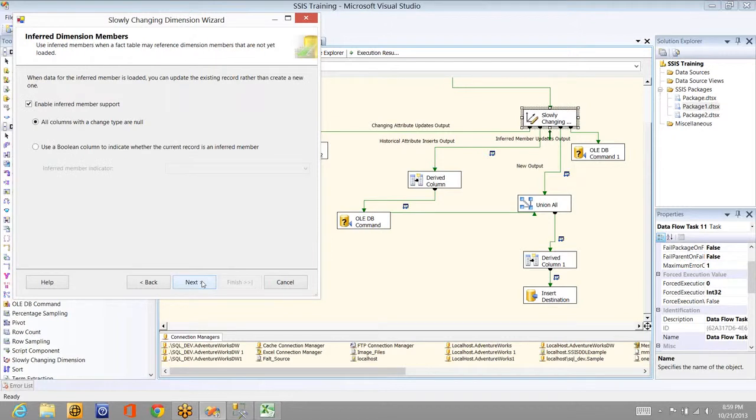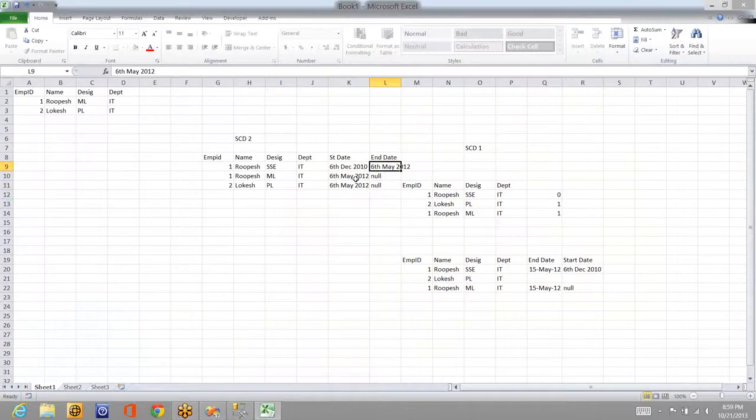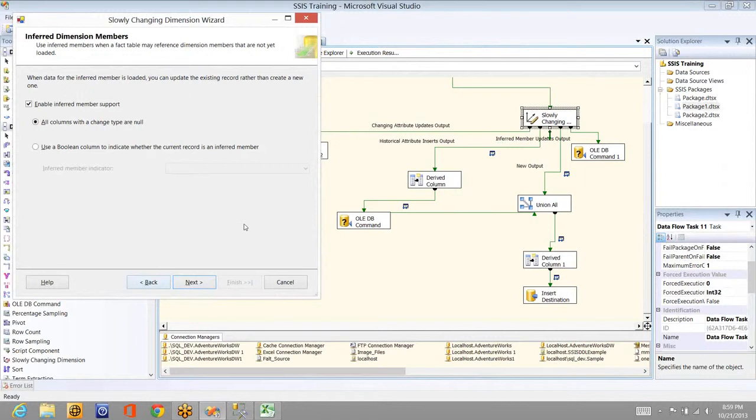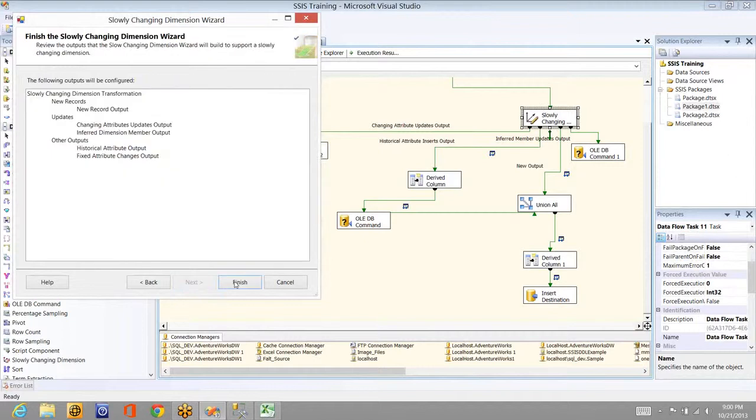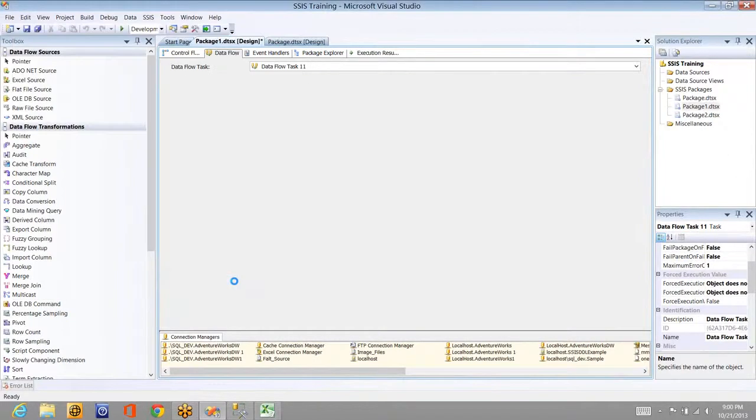So what you are going to use is, here if you take the Excel, you are going to use this value, right? This will be changing every time. The end date will be set with the current execution time, and start date of the new record will be the same. And if it is a new record, it will be the same execution time. So you need to set from where you have to get the end date and start date. So I'm giving, okay, in this variable, whatever the value is coming, use that value. If you have a variable which is saying some value, you can use that one also. And click on next and click on finish. Now it will be changed accordingly.